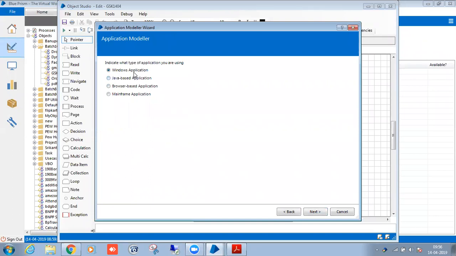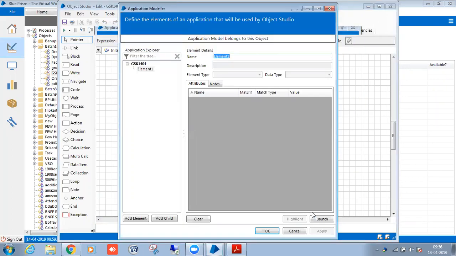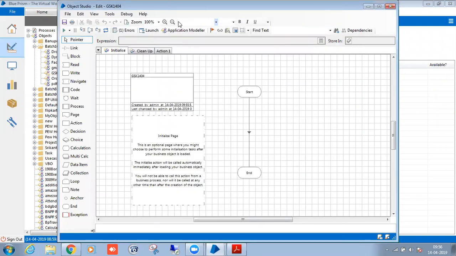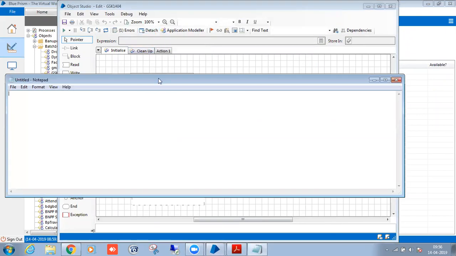Notepad is a window based application, so I have selected window based application here. Yes, my application is launching through the executable file, so I paste that path without double quotations. Next, next, next, next. Okay, you can launch. Yes, the notepad is opening.